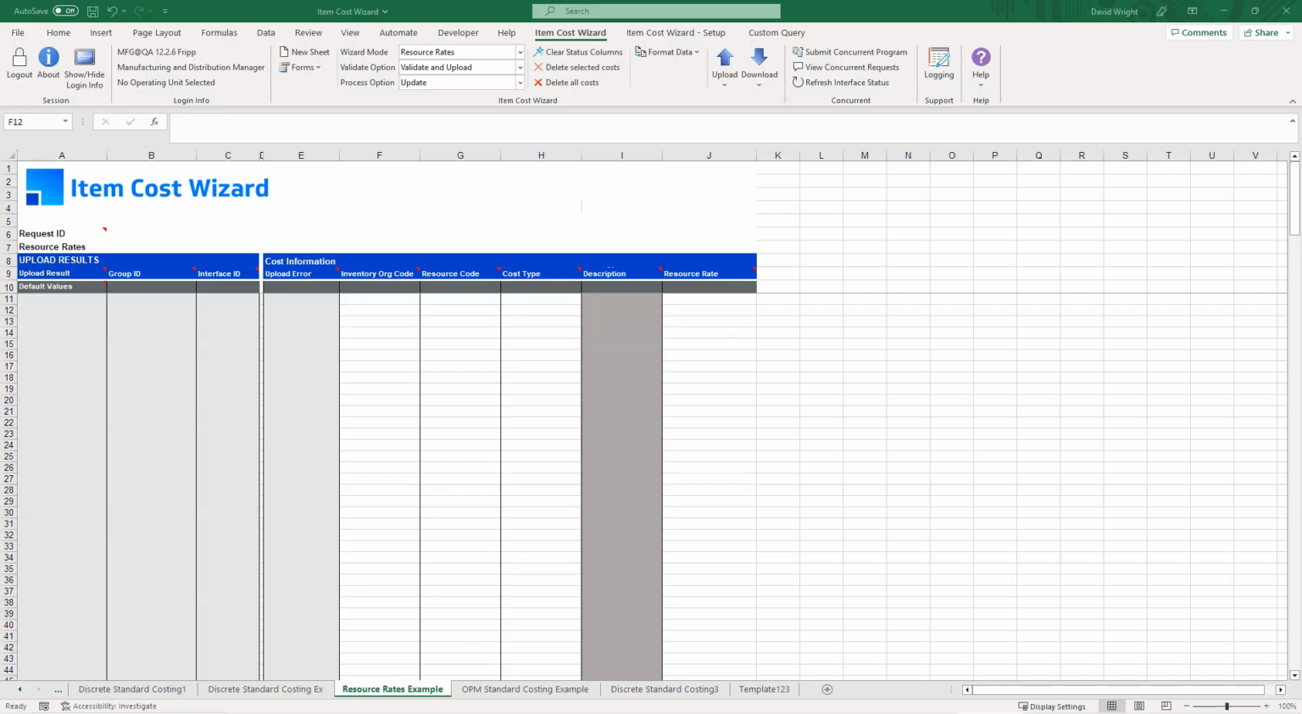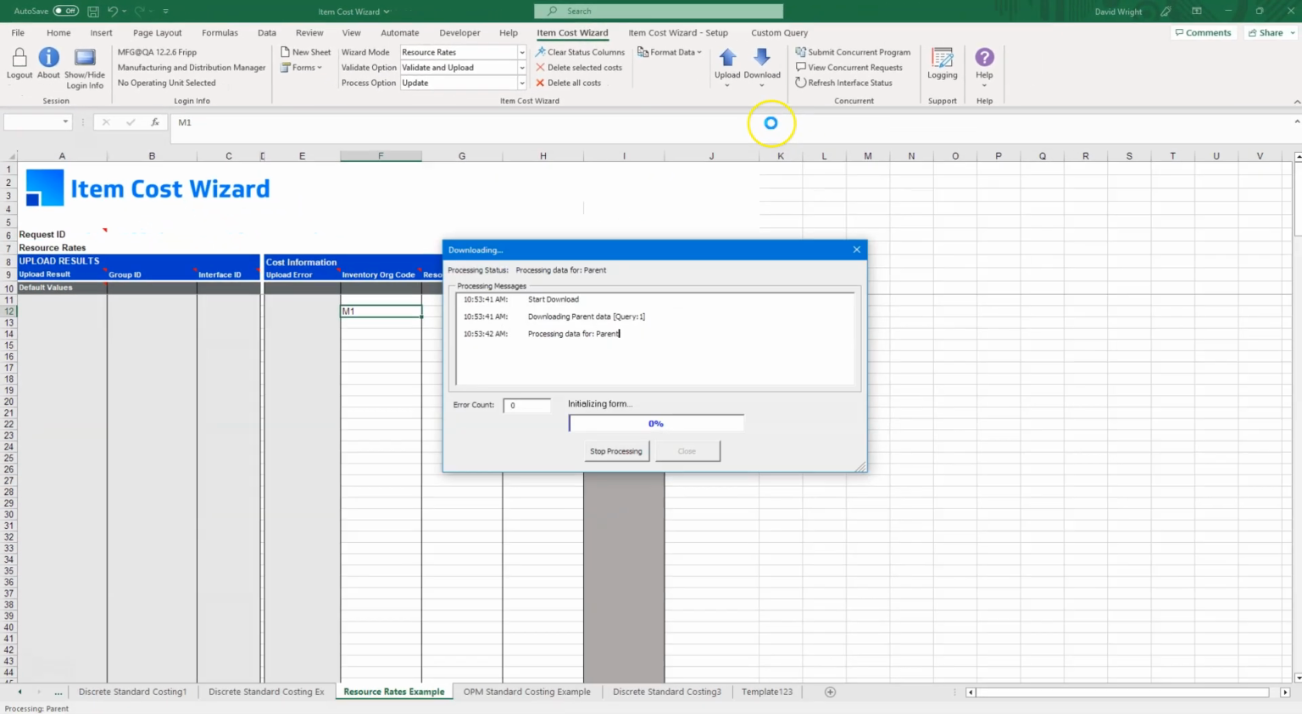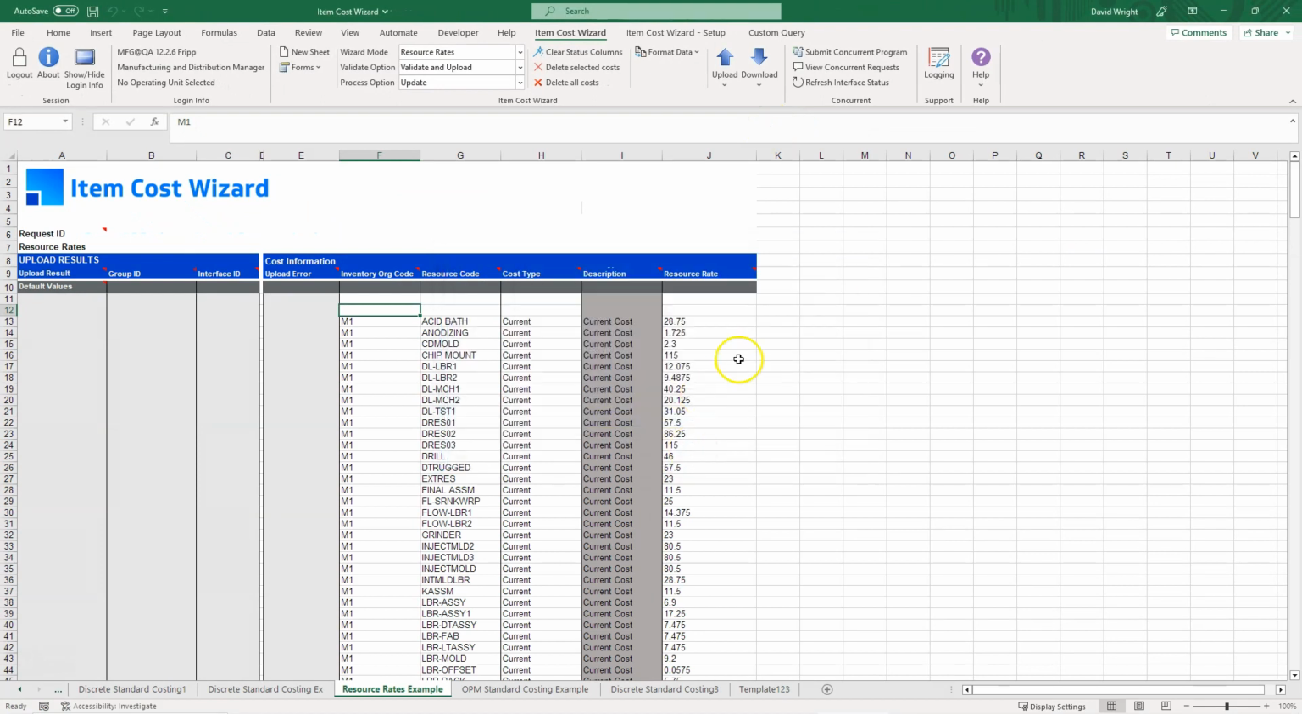Let's take a look. So the first thing we're going to do is use the download via sheet, and we're just going to download all the resources for the current cost type for the M1 organization. Next, we're going to create a new column. We're going to call the old one the old rate, and we're just going to have a simple formula of a 15% increase in the rate